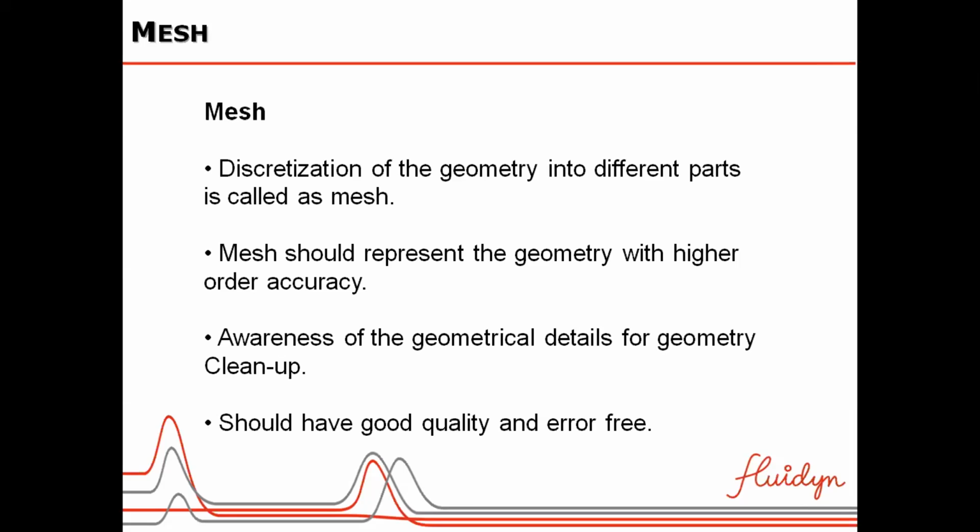Aircraft may have leading edges, a nose cone, trailing edges, all those things. If you go to a microscopic level, the mesh should have a detailed representation of the leading edge, even the curvature of the leading edge, any kink in the leading edge, all these things. Some aircraft may have vortex generators. If vortex generators are present, the mesh should capture the vortex generators also. That level of accuracy should be maintained.